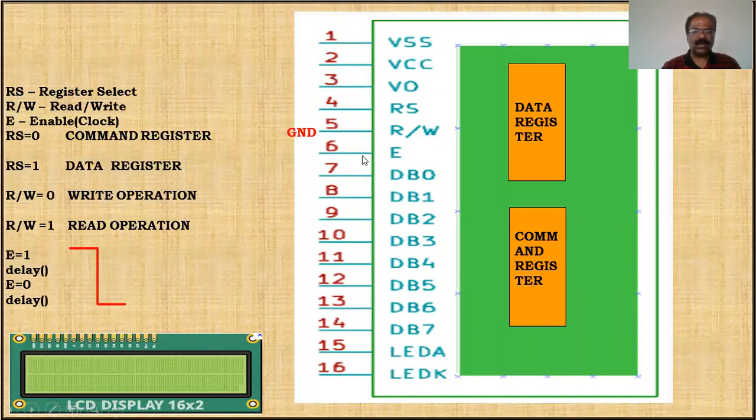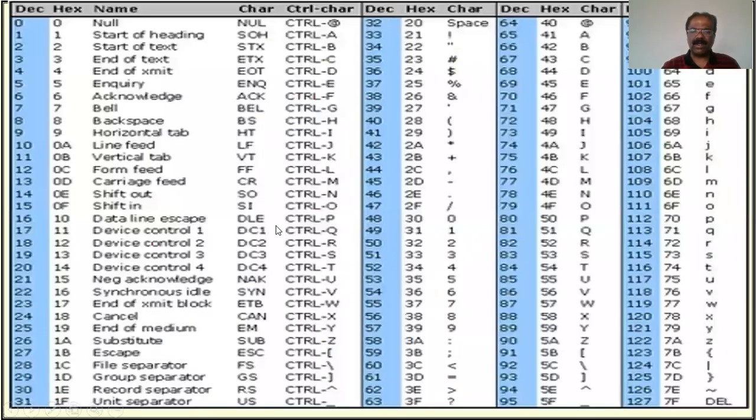How to generate the clock? First, you have to make it high for some time and make it low for some time. Like that, it forms a clock. That is nothing but a negative edge clock. High to low is called a negative edge clock. Once we apply this clock and this signal, whatever information is available here is written into the command register, because we already made r/w grounded. That's nothing but low. Therefore, once this signal is low, it performs a write operation. Clear?